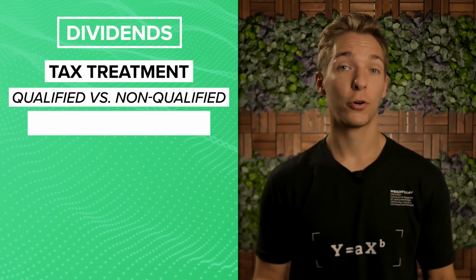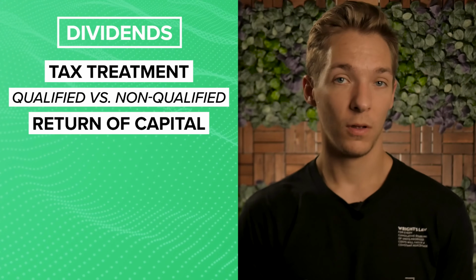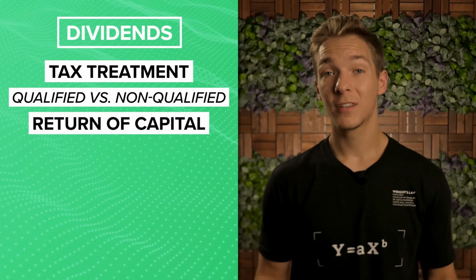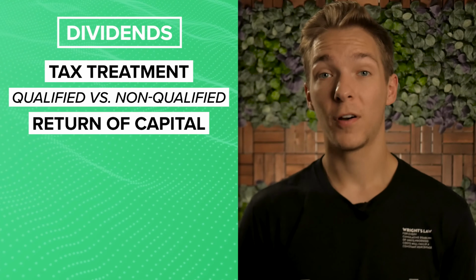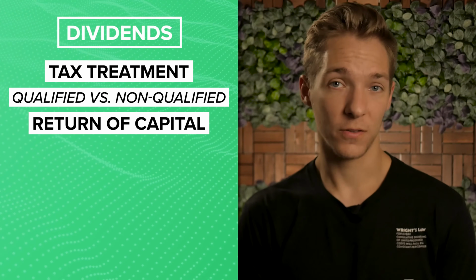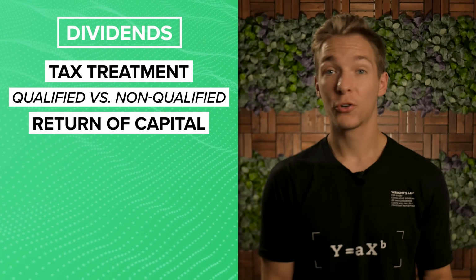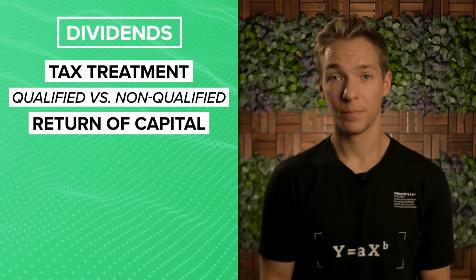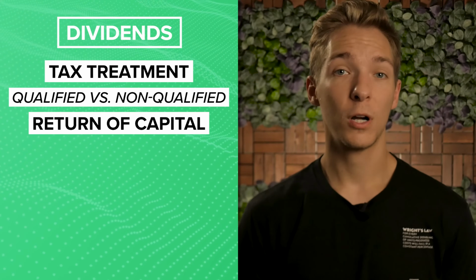Next is to check for return of capital. This is when the fund pays out a dividend that contains your initial principal and doesn't actually come from the fund's investment returns. Sometimes this can be a clever way to give you a tax break, but other times it can be a red flag that the fund isn't earning enough to pay your distributions. A quick rule of thumb is that if the fund is continuing to grow its NAV, return of capital is safe, and you can learn more about that in my video on the subject. This information should also be available in the tax documentation, but you won't have to worry about this with plain